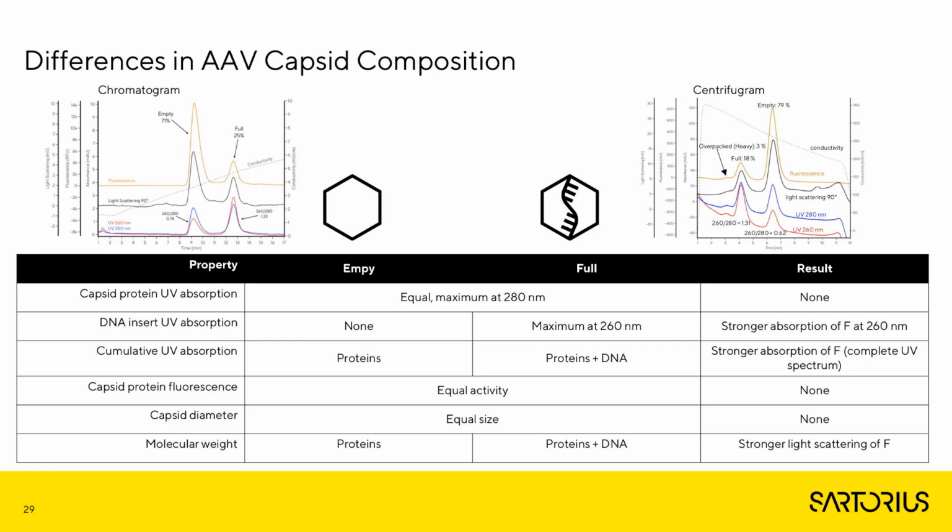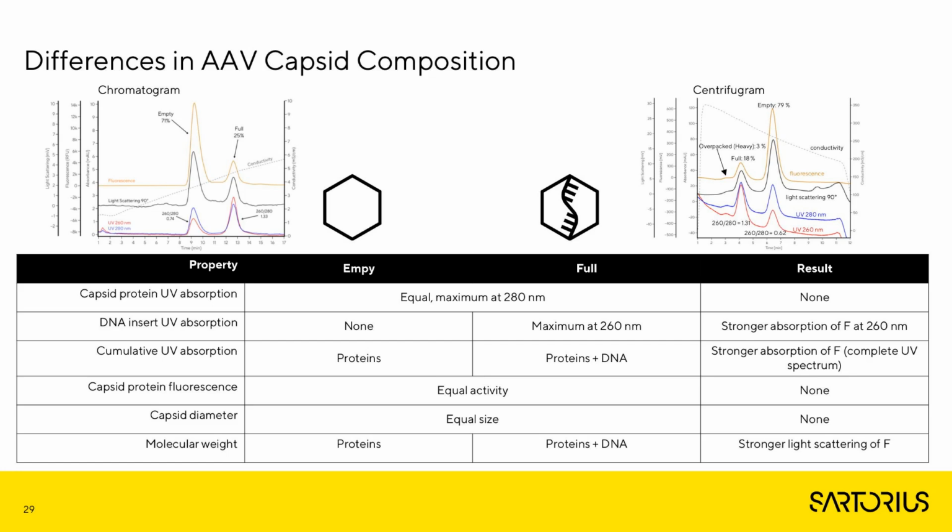So just to simplify the situation, I will talk about empty and full capsids. The empty capsids contain only the capsid proteins, whereas with the full capsids, the capsid proteins contain DNA. And if we just have a brief look about the difference and how these differences are reflecting when we measure those two capsids with different signals,